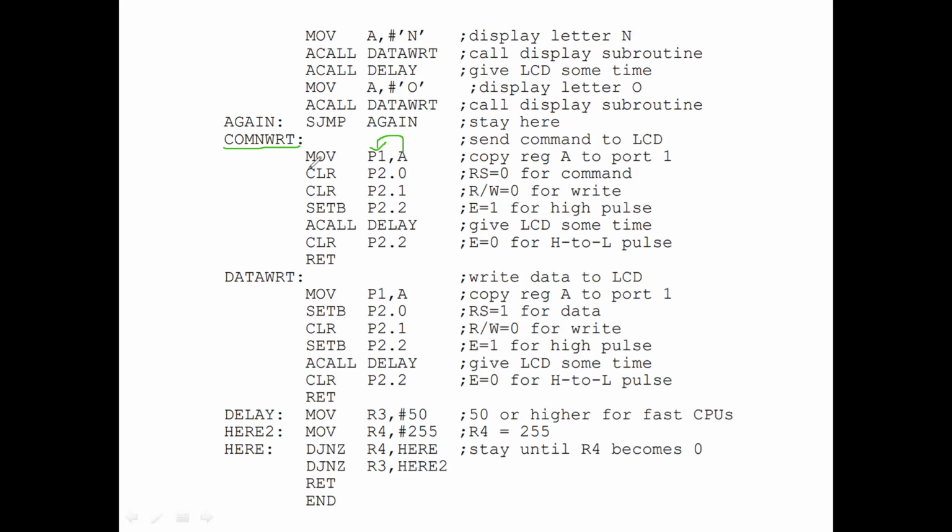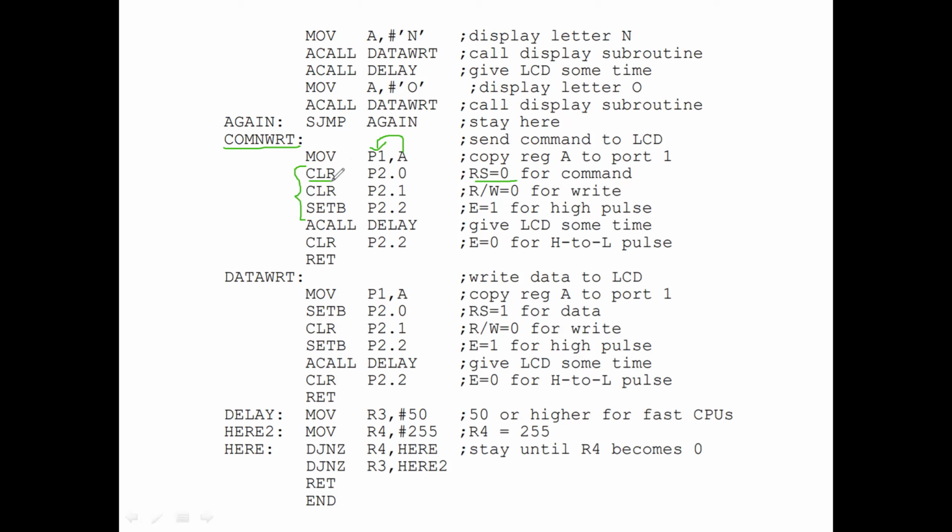The 3 pins we should always control. You know that. P2.0 tells that we are sending a command, so you have to set it to 0.